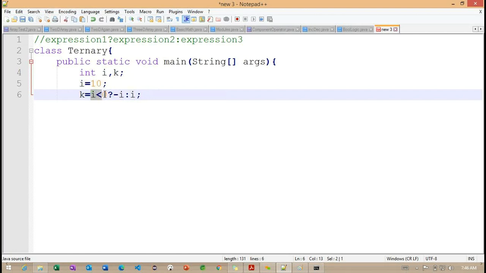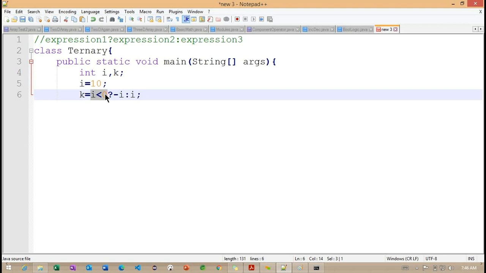Getting the point. What we need to understand here is, for i less than 0, what is the value we are going to get for this particular k here?